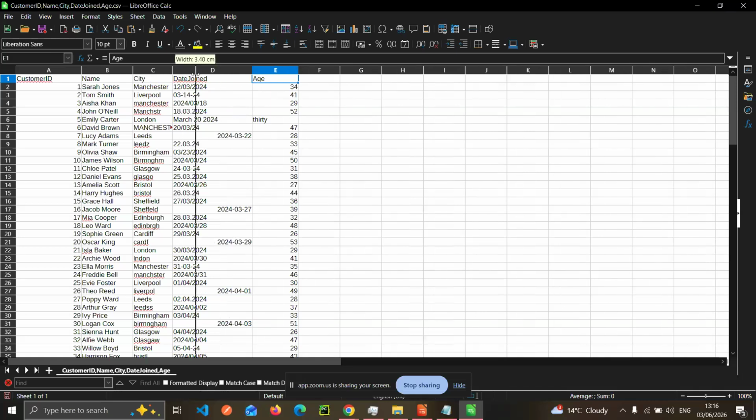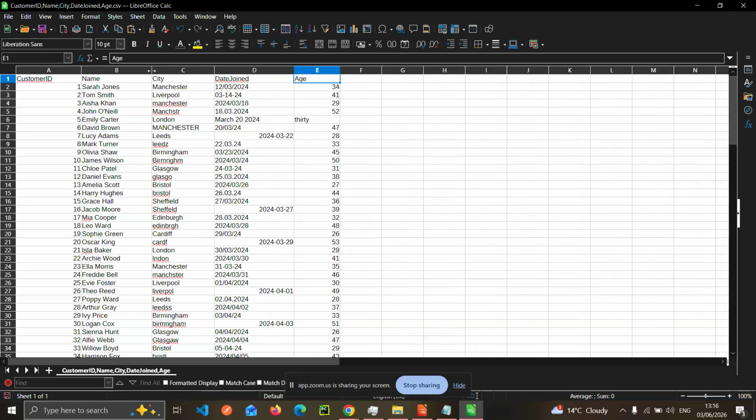Now, speaking of cleaning the data, let me begin with the city. These are cities all in the UK. When you look at the cities, there's some form of capitalization which is not proper. That is the way they are being entered, the capitalization or the structure of the cities. We could see here that Manchester is in all caps, while Manchester here is not in all caps. We could see here Manchester seems like it's misspelled.